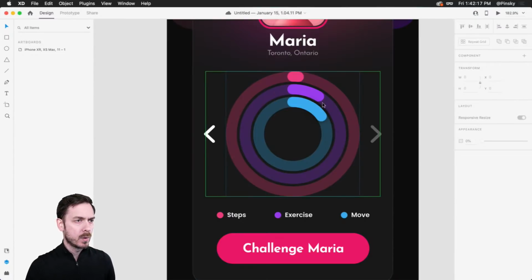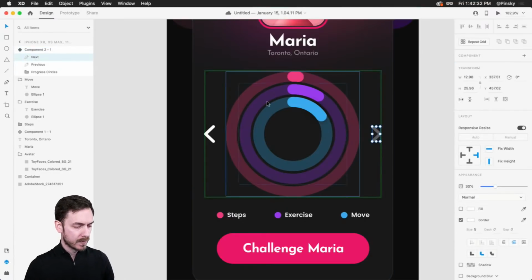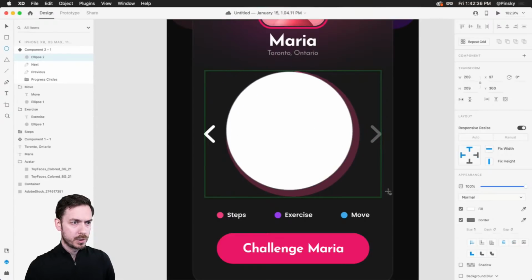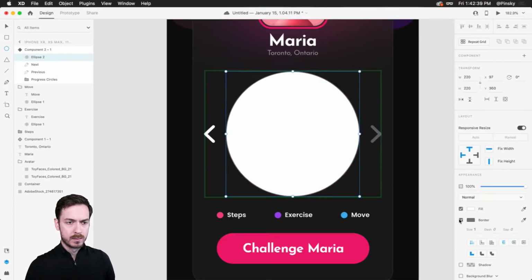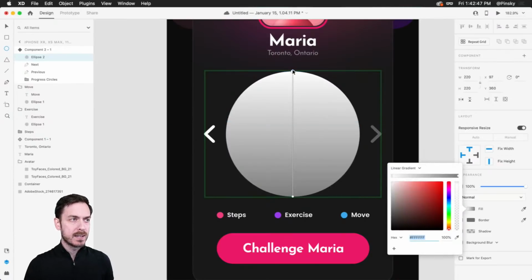Now, one thing I do want to also do is add a little bit more style to this. Because these are borders, we can't apply gradients on them, so we have to find more workarounds. In this case, I'm going to hop into the default state of the main component, and I may want to create a circle, just like this. This is going to help me add a little bit of shadows and highlights to our progress circles. So instead of a solid color, we're going to go for a linear gradient,